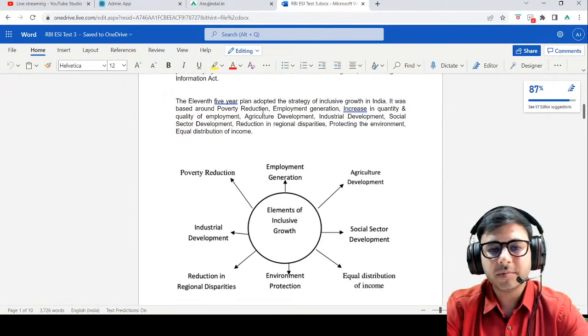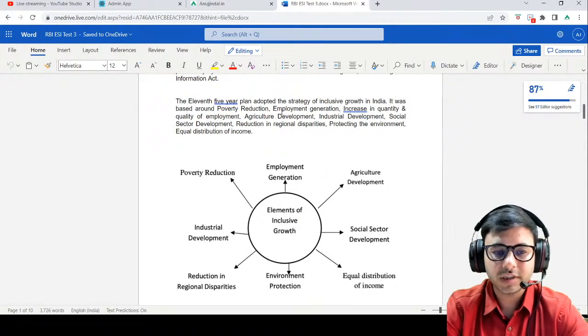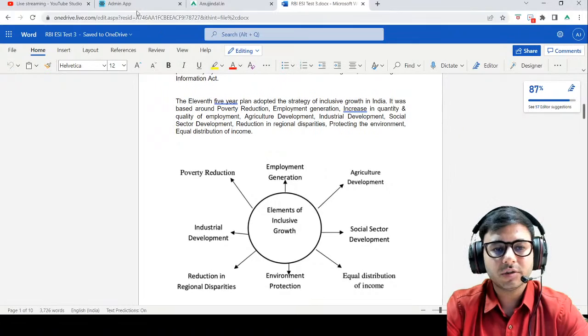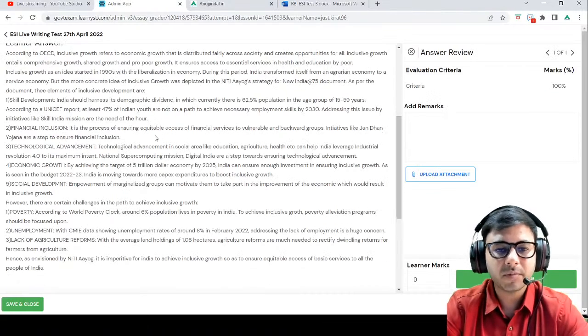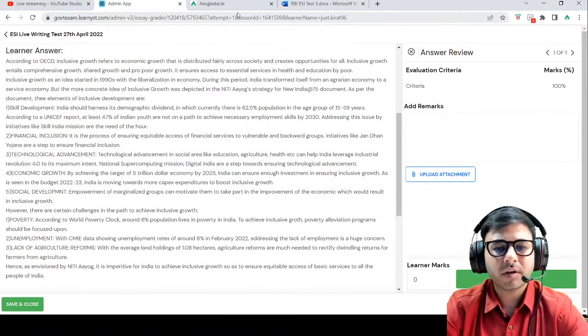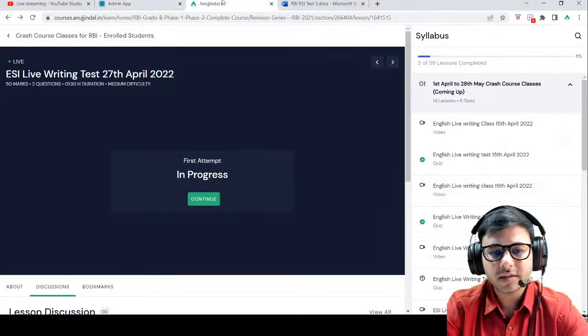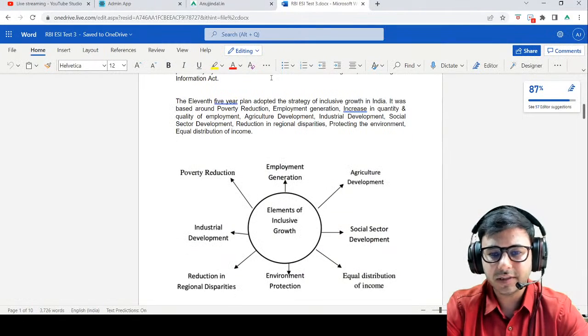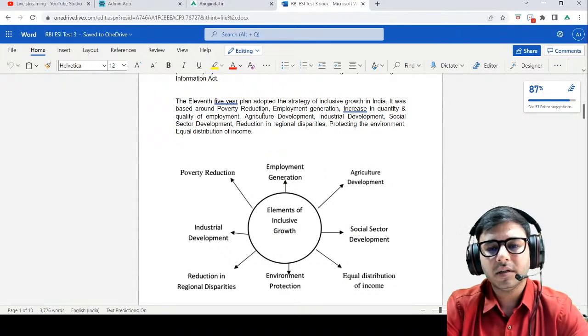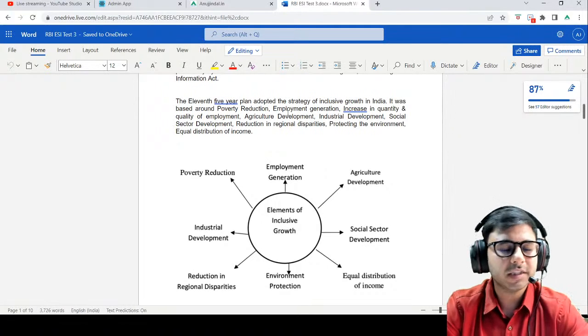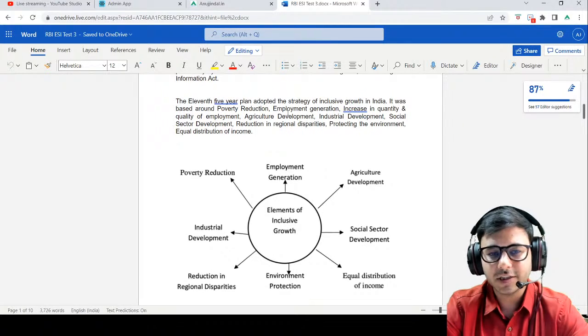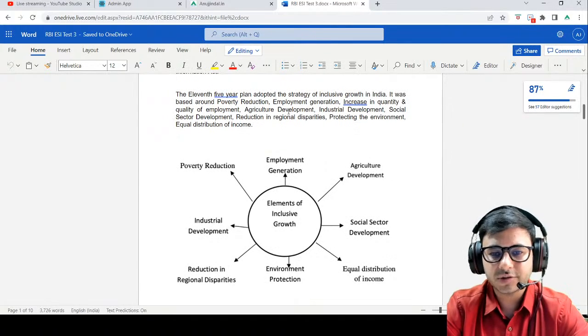The 11th five-year plan adopted the strategy of inclusive growth in India. It was the 11th five-year plan that came out first with the idea or strategy of inclusive growth. You have mentioned India at 75 report. I think that came a little later, probably 2015-16, around that time. But not completely factually correct, but I would not go against you for writing that we adopted this on Niti Aayog's India at 75 report. Okay, it was based around poverty reduction, employment generation,